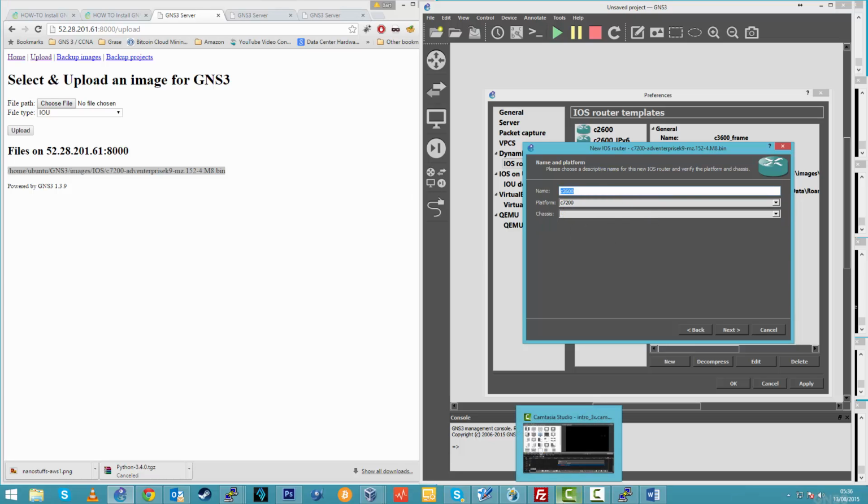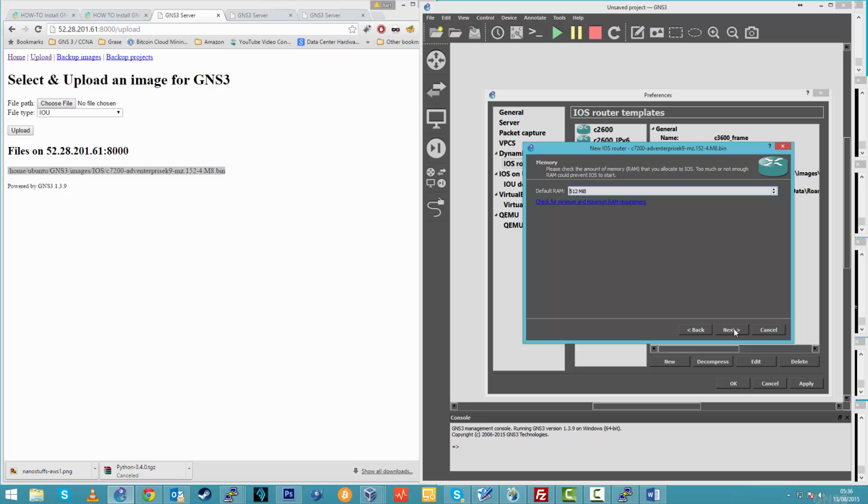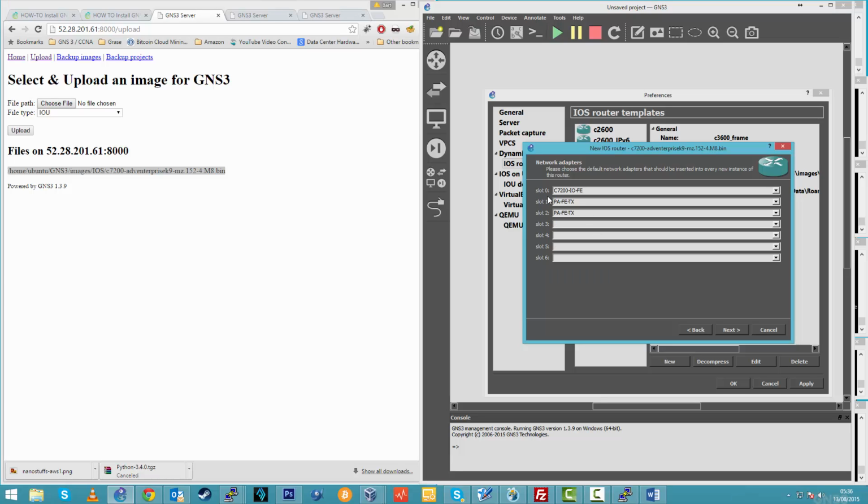Let's call it cloud Amazon C 7200. 512 RAM. Let's add a few Fast Ethernet interfaces, next,